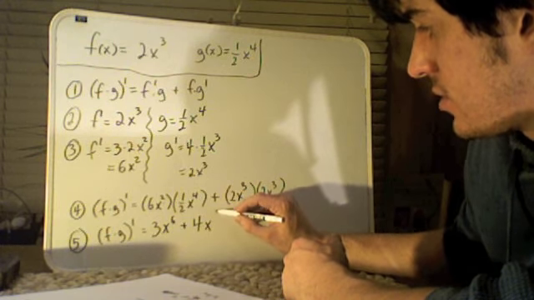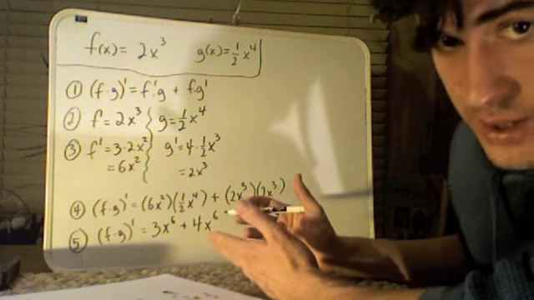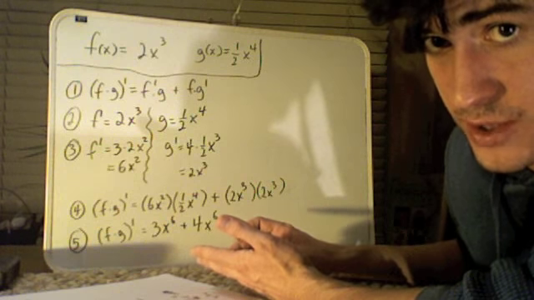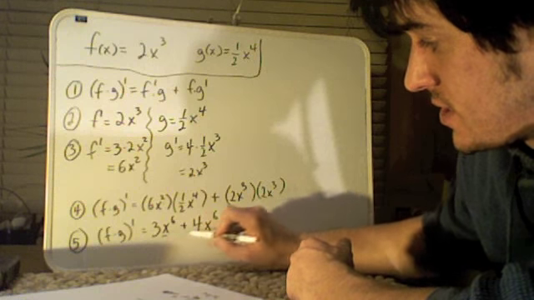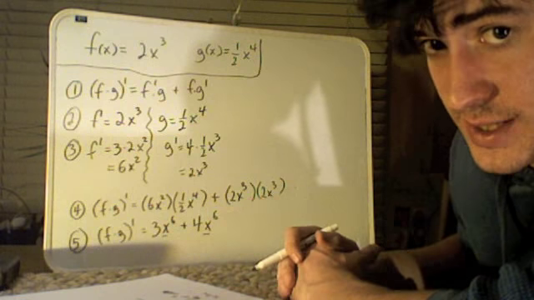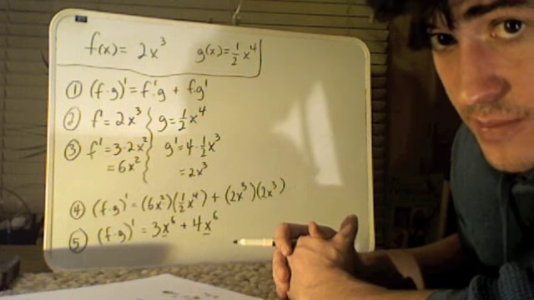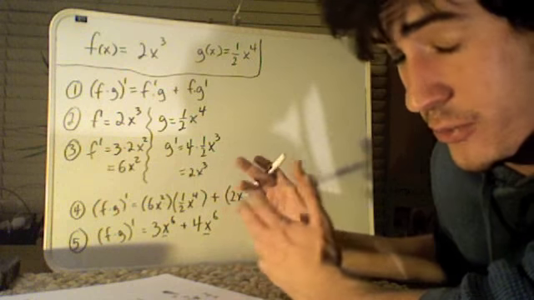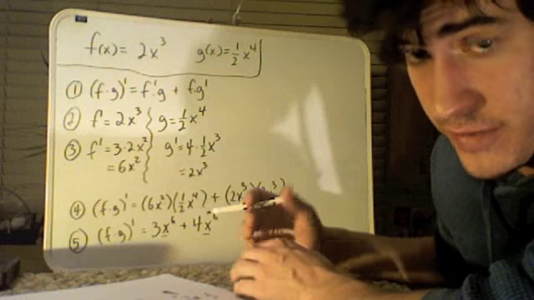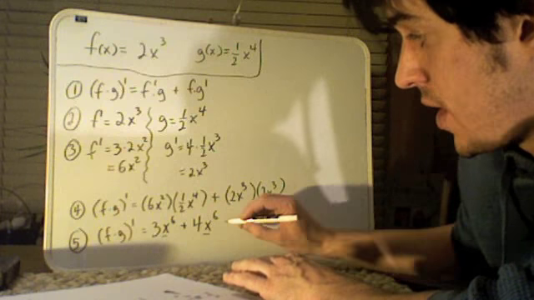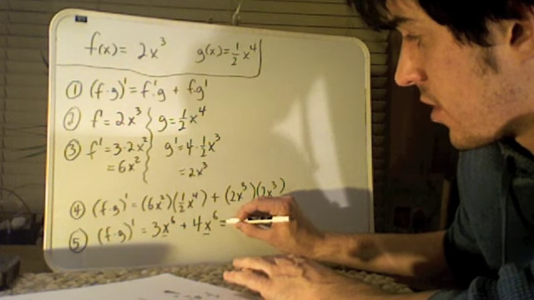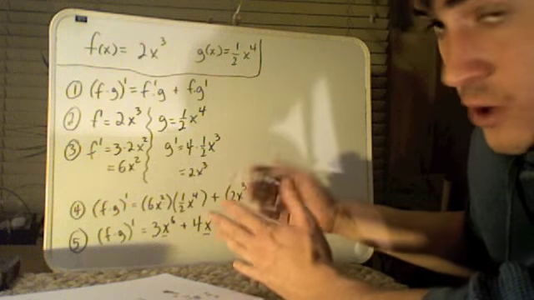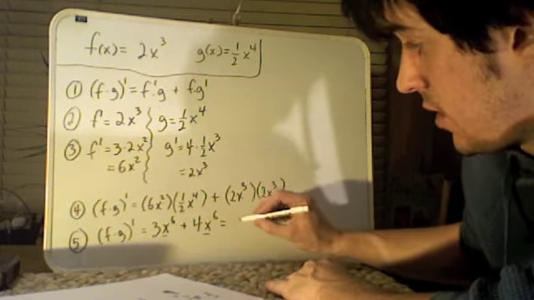4x to the 6th. Here we have a convenient situation that's not always going to happen, where you have like terms with your variable x. Both x's have a power of 6 that they're being raised to. So you can add those up directly. If this was like x to the 5th and x to the 17th, doesn't matter. If the exponents are different, you can't add those together. But here they're the same, and we can. So we can simplify this even further, and we get 3x to the 6th plus 4x to the 6th. 3 plus 4 is the only addition you have to do here. 7x